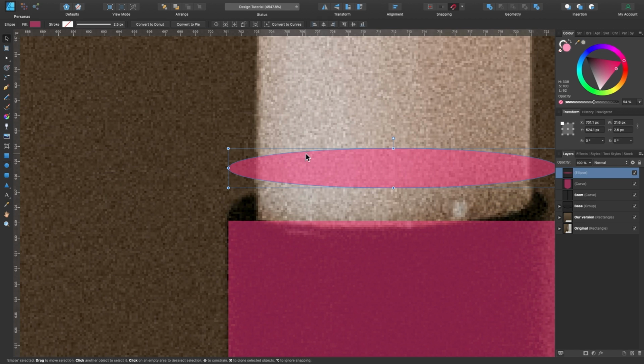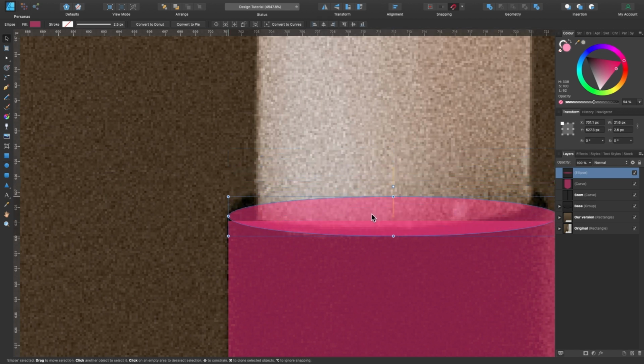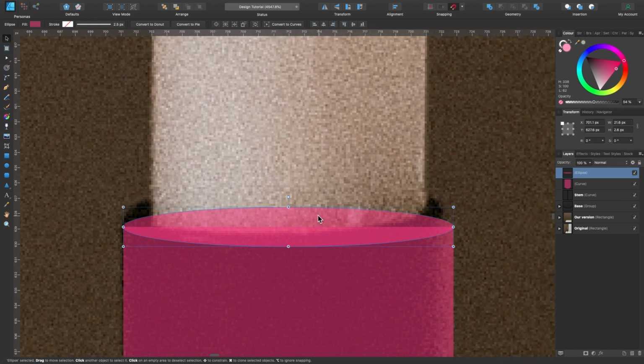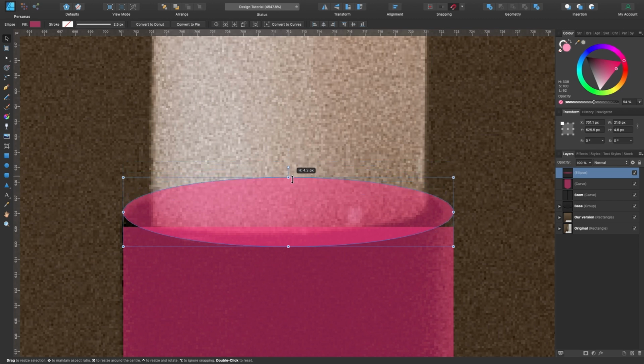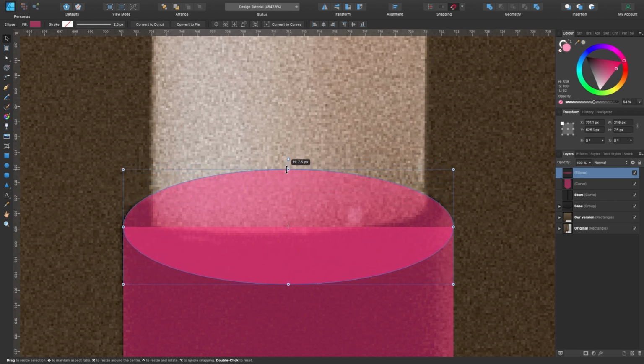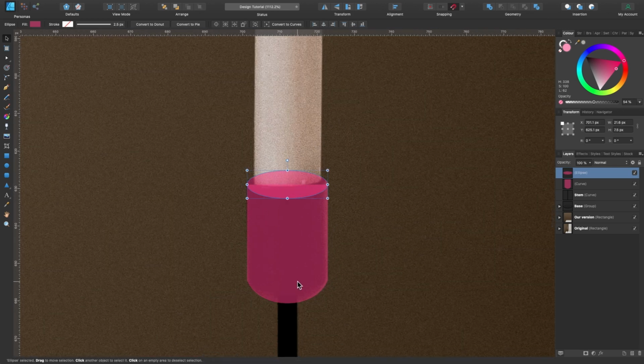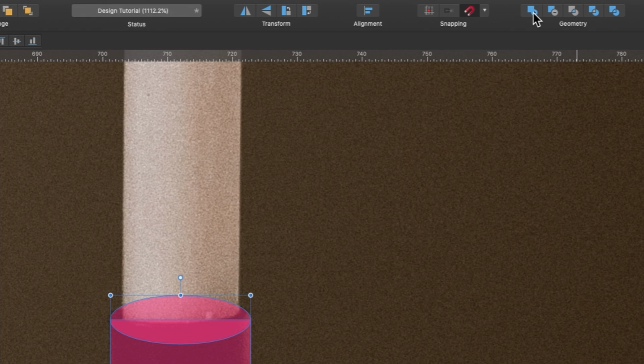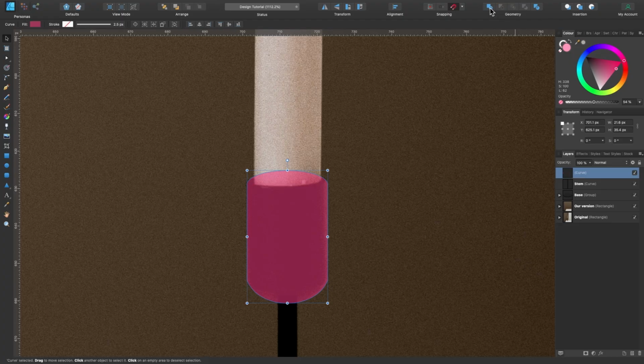Okay, now I'll press the V, the move tool, and I will move it down so it snaps on to the top there. Now all I have to do is drag it up whilst holding Command, because otherwise this happens. And I think it kind of ends about there, so I'll let go. Okay, that's all done now. So we're going to add these two shapes together as one. So in the layers panel, or you could do it here, I'll select the top one, hold down shift, select the second one, and now I'll go up to the geometry tools and click add. Now that's all one shape now.